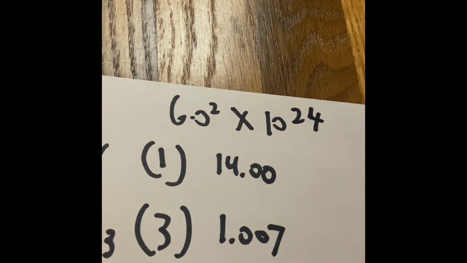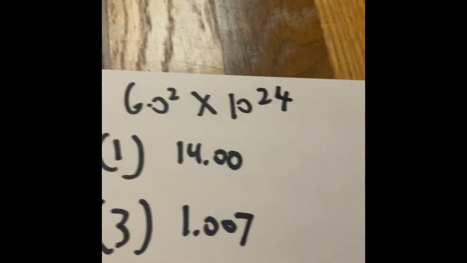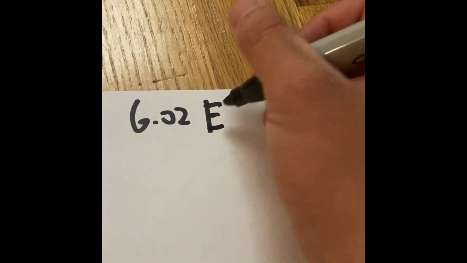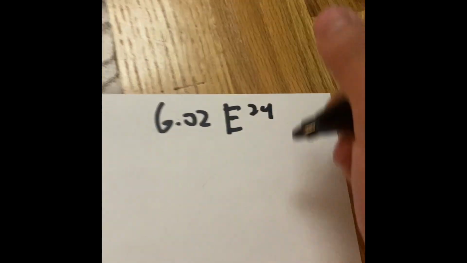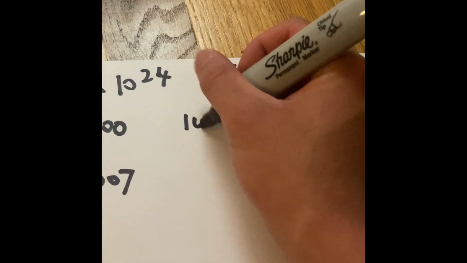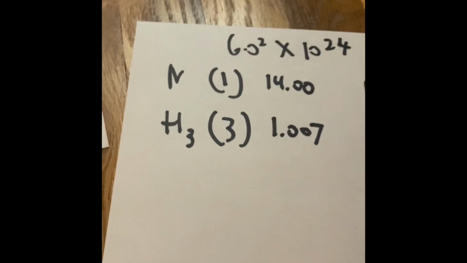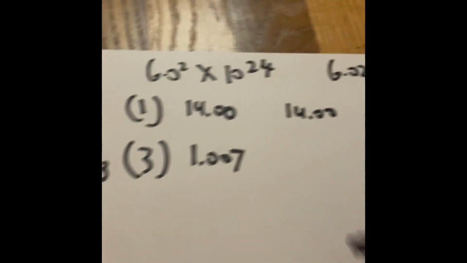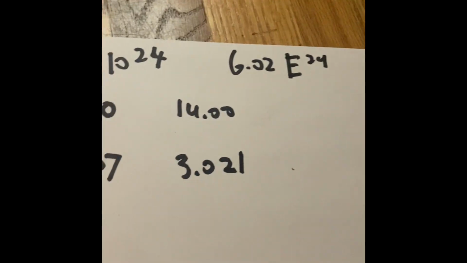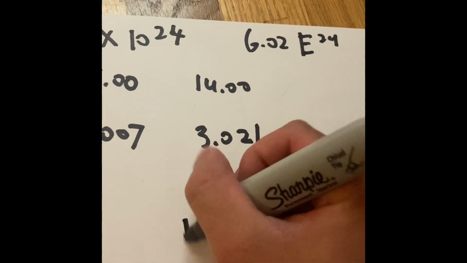If you calculate that on a calculator, it would be 6.02 second E 24. Now, 1 times 14 is going to be 14.00. 3 times 1.007 is going to be 3.021. Add them up, and we got a final answer of